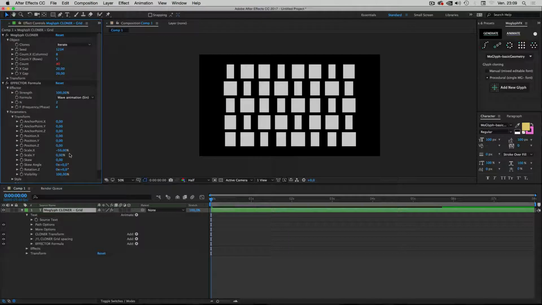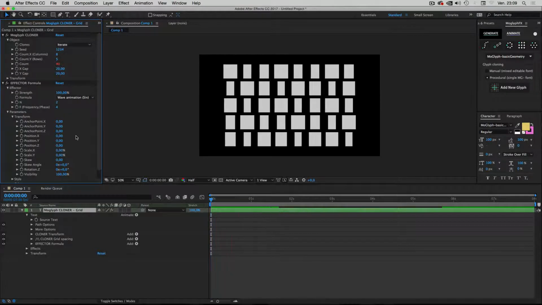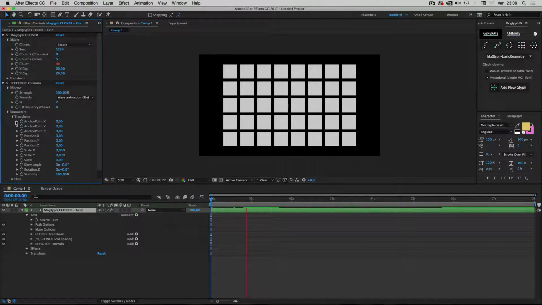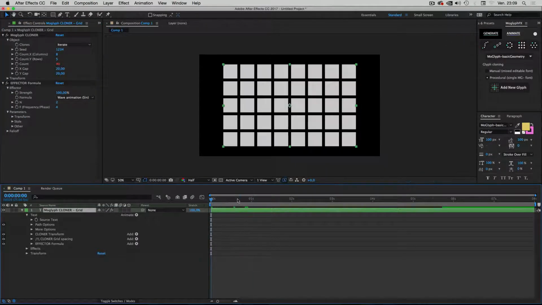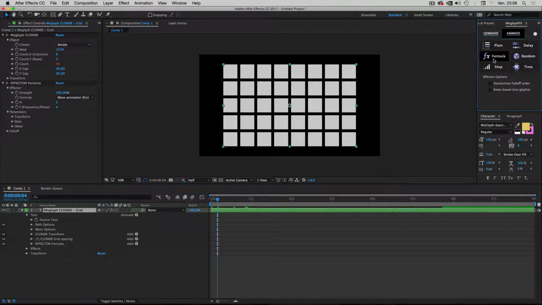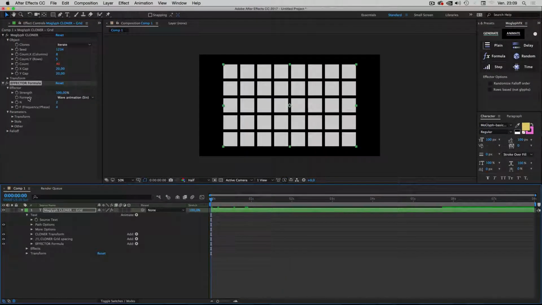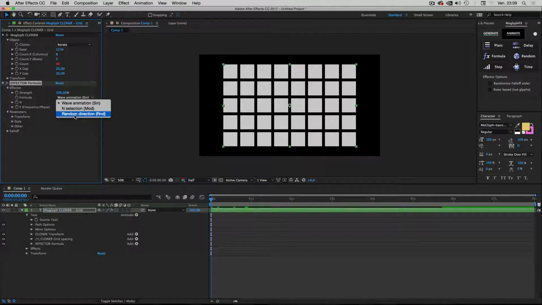Sorry, I will just zero out all the properties. So this is like if I hadn't created any formula effector, so I have reset it. All is at 0. But if I choose now in the formula, the third formula, which is called random direction,